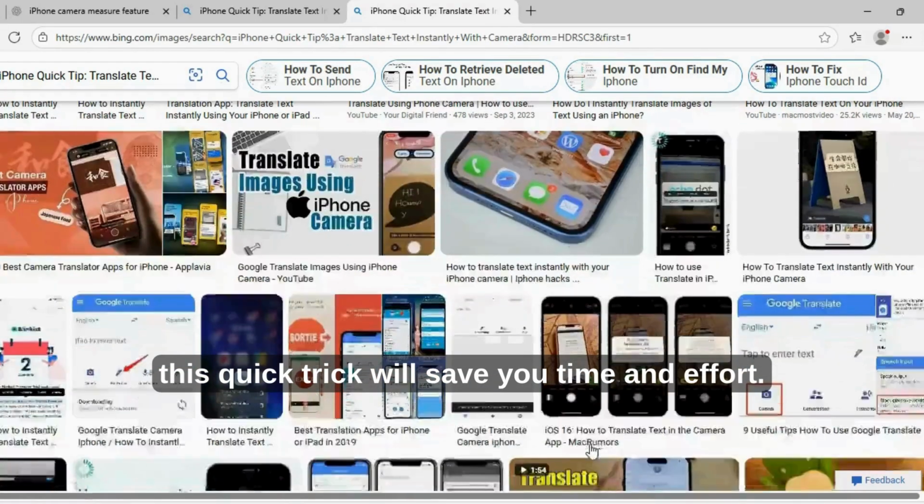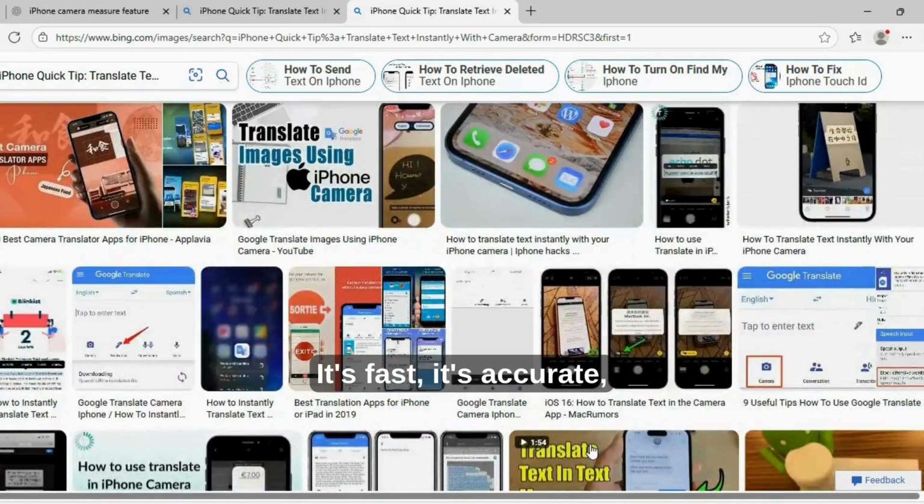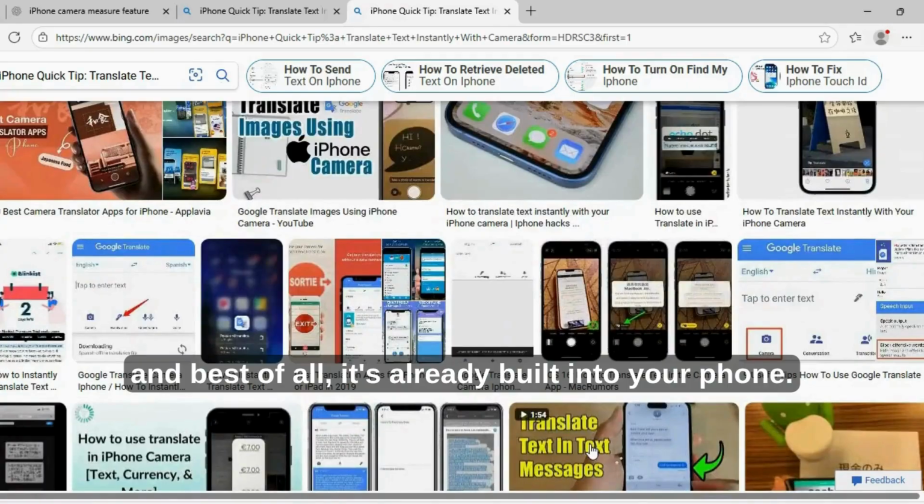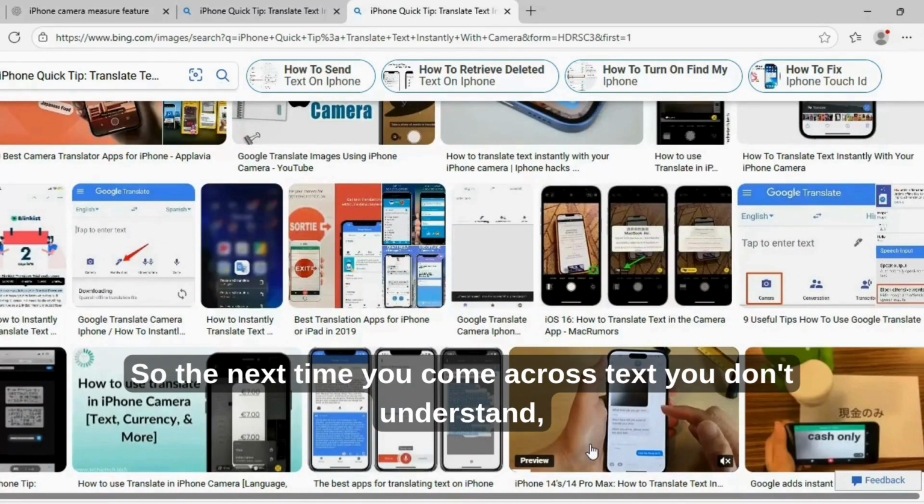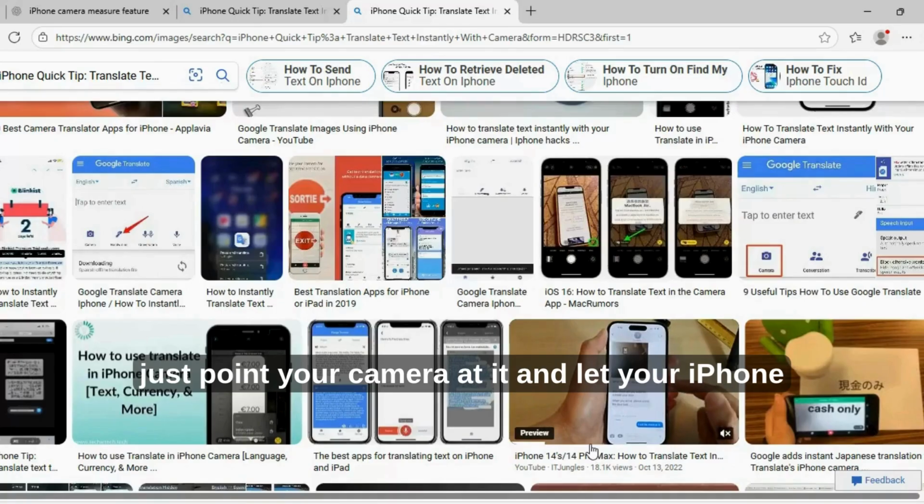will save you time and effort. It's fast, it's accurate, and best of all, it's already built into your phone. So the next time you come across text you don't understand, just point your camera at it and let your